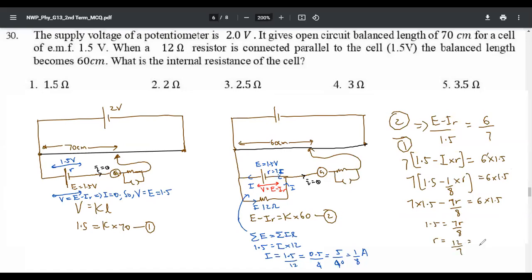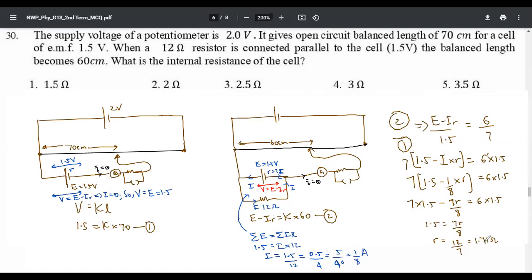Is there an answer like that? There's no answer like that. 1.5 volt, length is 70 centimeter. And when you allow a current to flow through that circuit, 12 ohm is connected parallel to that. Current will flow through that circuit. So the potential drop across the battery becomes E minus IR. For E minus IR, the corresponding length is 60. They have given that. Now when you divide it,